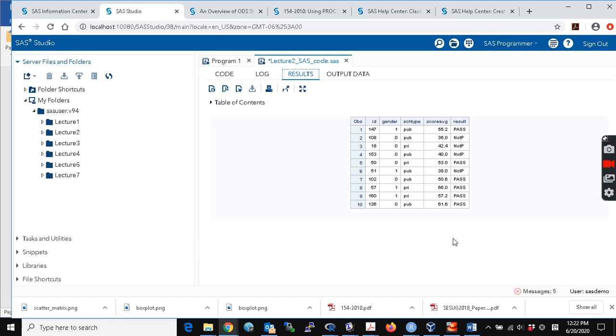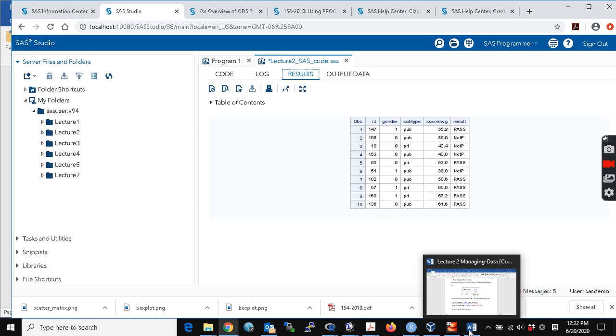Then you can see that we have a not P, but we don't have not pass. The reason is